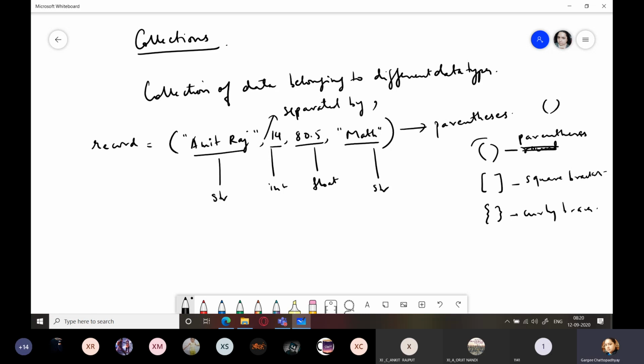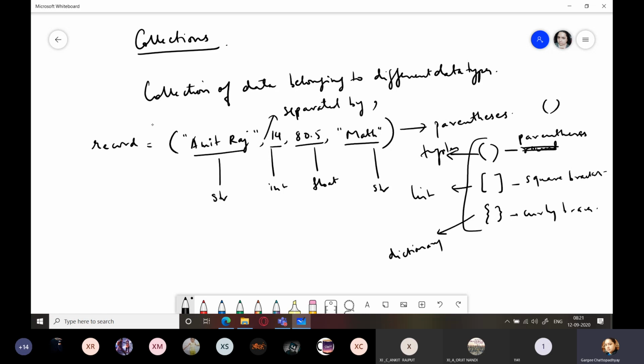Okay, please remember the difference. You can write a memory aid. The round parenthesis is for tuples, square brackets is for list, and curly braces is for dictionary. Tuples will always be enclosed within round brackets. List will always be enclosed within square brackets. Dictionary will always be enclosed within curly braces.